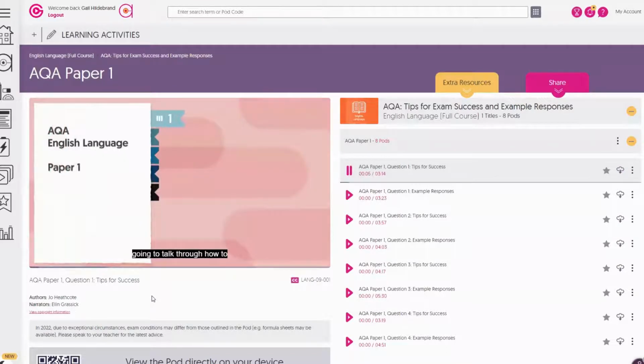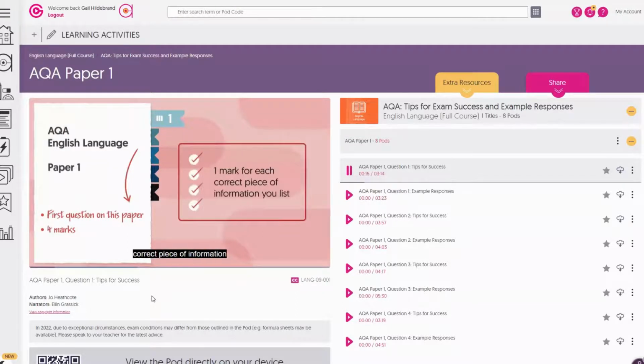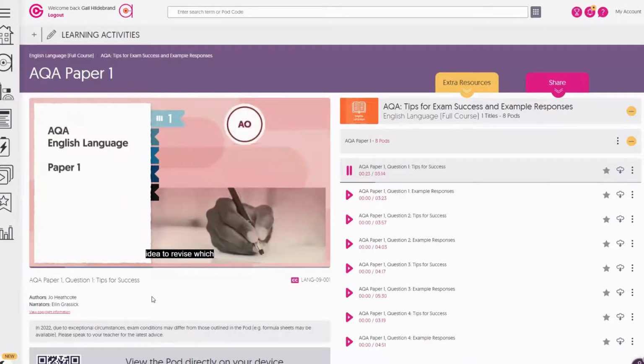Okay, in this video, we're going to talk through how to approach AQA English Language Paper 1, Question 1. It's the first question you'll deal with on this paper, and overall it's worth 4 marks. So you get 1 mark for each correct piece of information you list. Before you even get to the exam room, it's a really good idea to revise which assessment objective each question